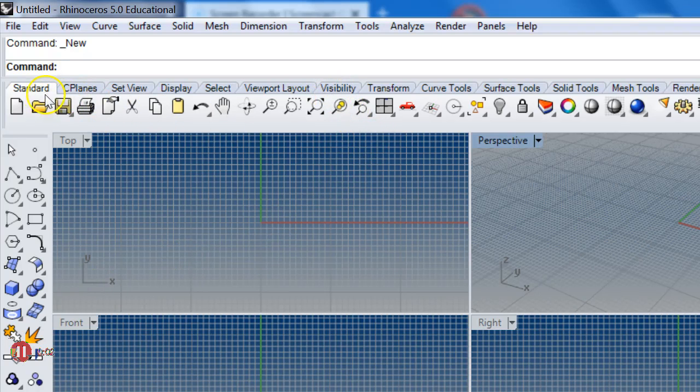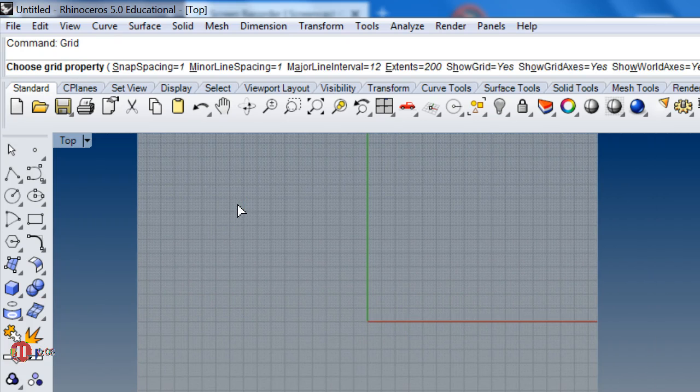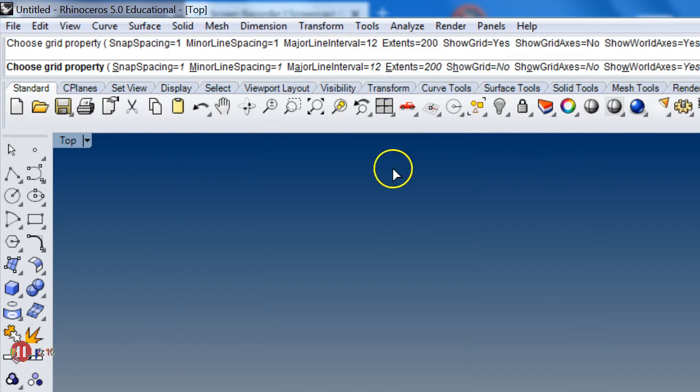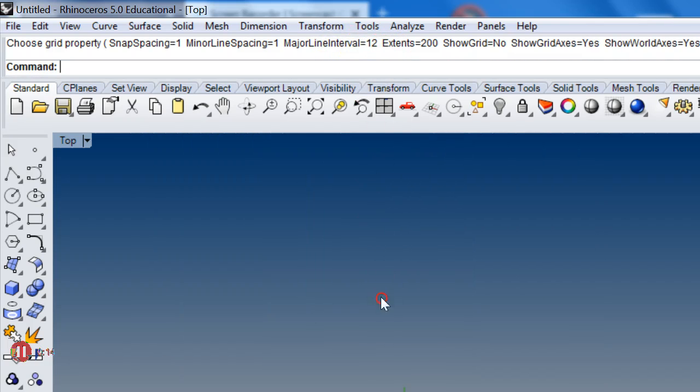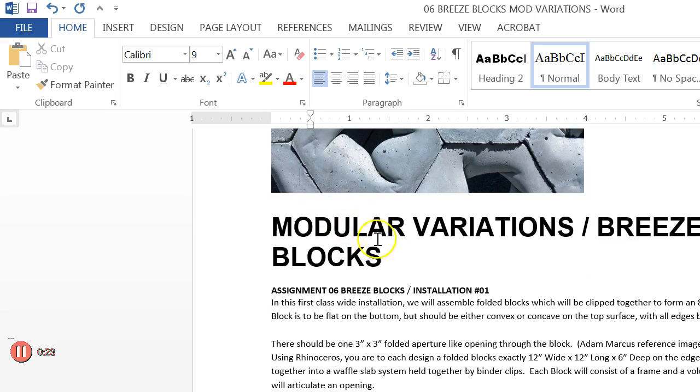Alright guys, the first step, I'm going to turn off my grid. I don't want this. Show grid, no. Alright, here we go. So, to follow the instructions, our first step is to make a 12-inch by 12-inch